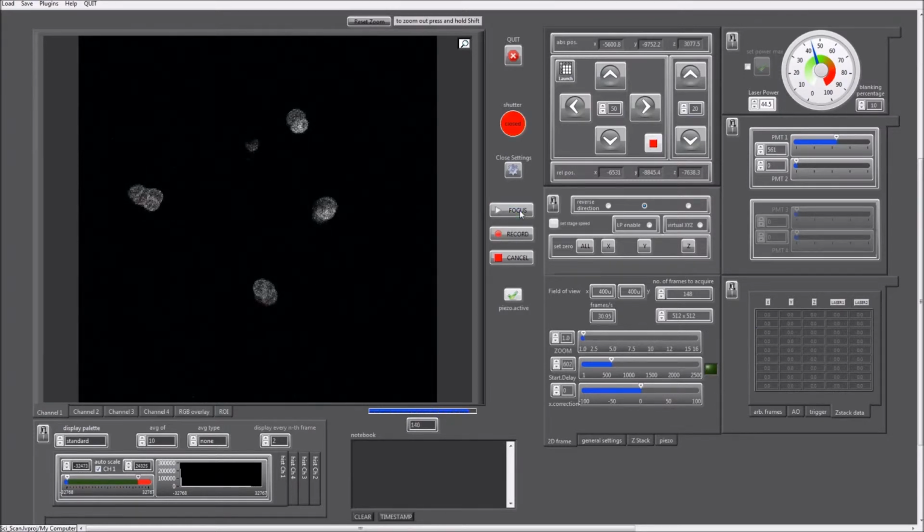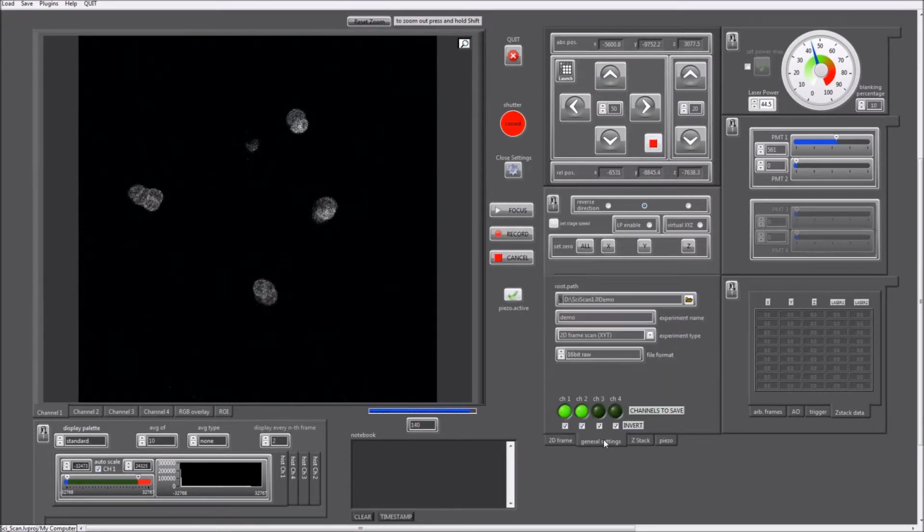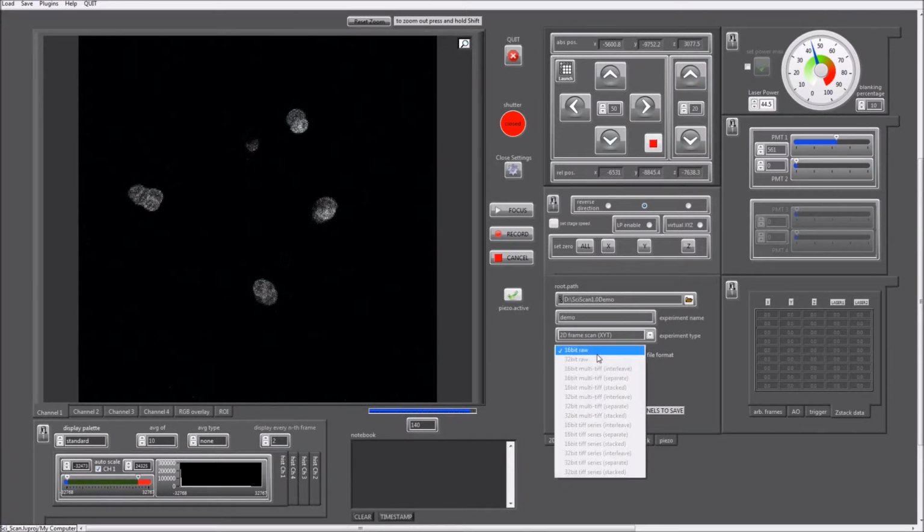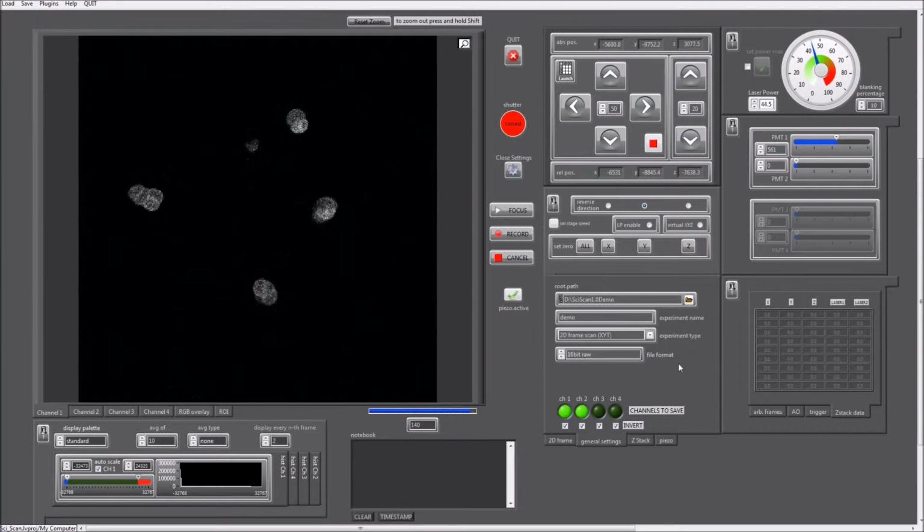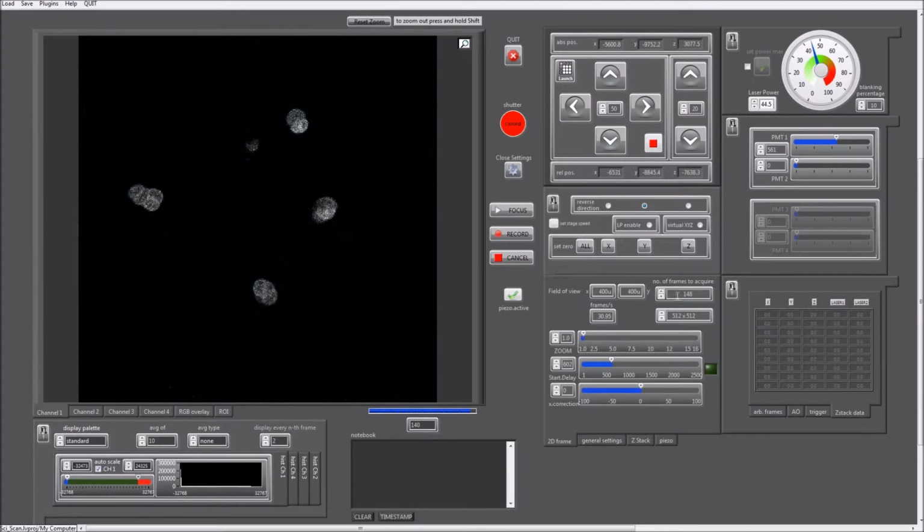Now before we start recording, we should navigate to the general settings and make sure that we have the correct file paths and everything. Note that the file format is always going to be 16-bit raw. So once we're happy with the root path and the experiment name, we can move back to the 2D frame tab, check that the number of frames to acquire is correctly specified, and then we just hit record and run